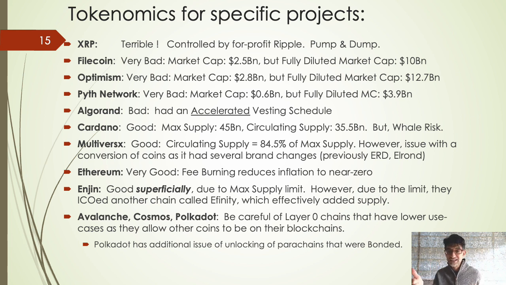Again, that's a heuristic, right? I don't know if you know the word heuristic. It's a back of the envelope way of calculating inflation. But the proper way, if you're looking at a project and doing a deep dive, is, what I said earlier, to look at the vesting schedule. Because maybe the vesting schedule stops after 5 years. So if it stops in 5 years, you take the fully diluted market cap, divide by today's market cap, and then you divide that number by the vesting schedule in terms of years. So in the case I just mentioned, it's 5.